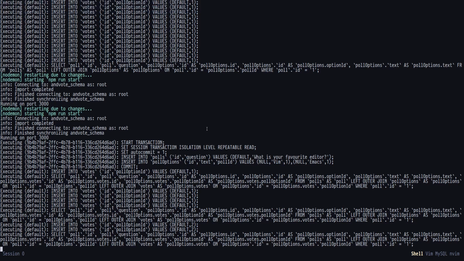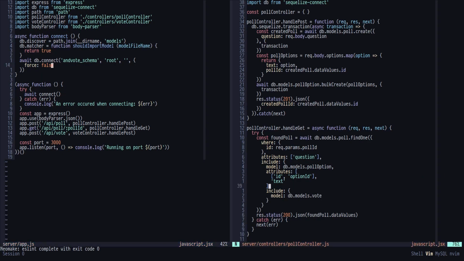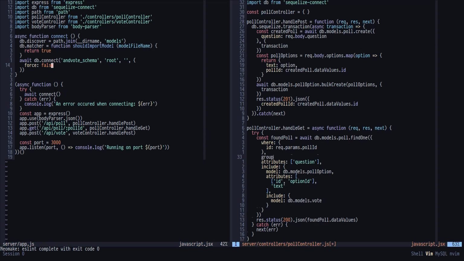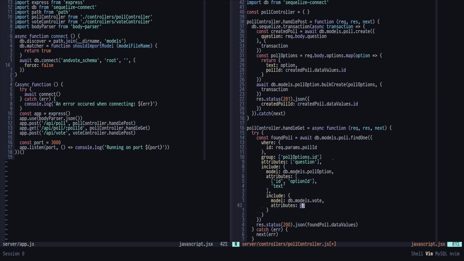Let's go back to Vim, and what I'm going to do, I think, is I'm going to want to group. I think you do it inside brackets like this, but yeah, I'm going to group by pollOptions.id, and then, by the way, just because I don't need this information anymore, I'm going to put the attributes array to be an empty array, and then I'm going to create another attribute here. I'm going to call it voteCount, and it's going to be equal to whatever